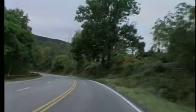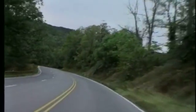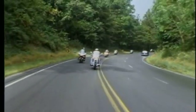Done a fair bit of riding down in Virginia area, eastern states as well, Vermont, New Hampshire. There's good mountain ranges there. Probably our favorite road is Skyline Drive in Virginia. It's about a 100-mile stretch of road, 35-mile-an-hour speed limit, which of course we adhere to. And there's nice border along each side of the road. There's no potholes in this road, just a perfect road with